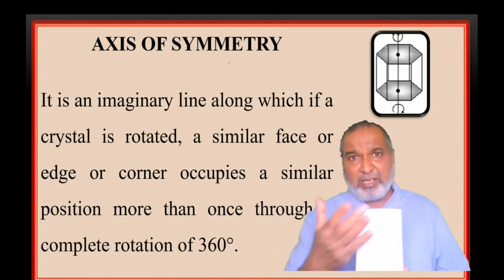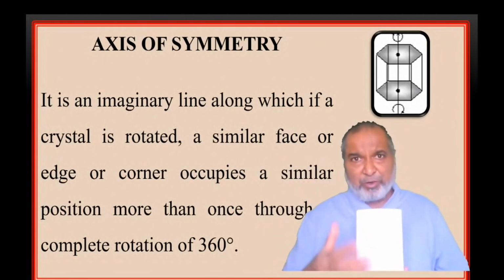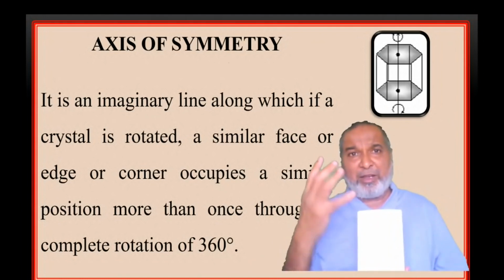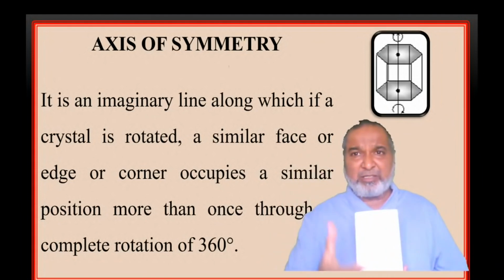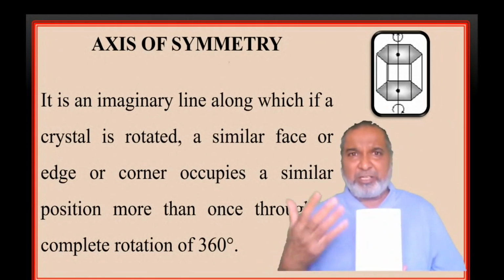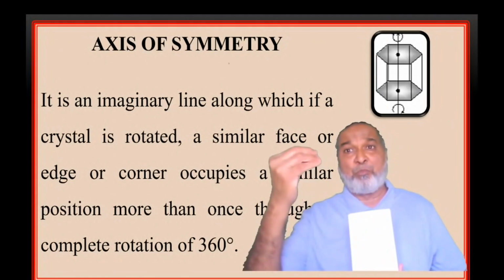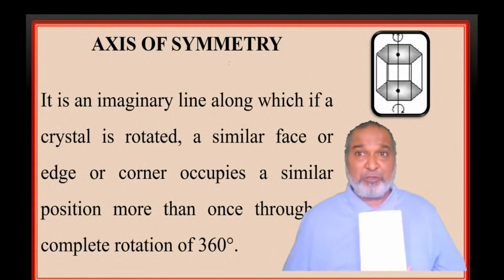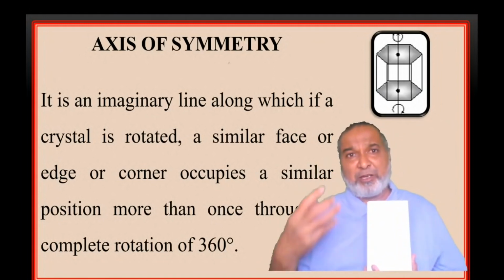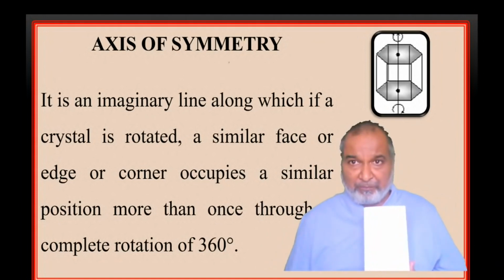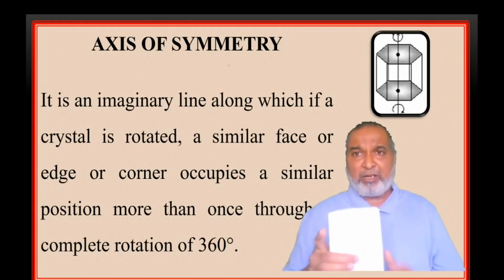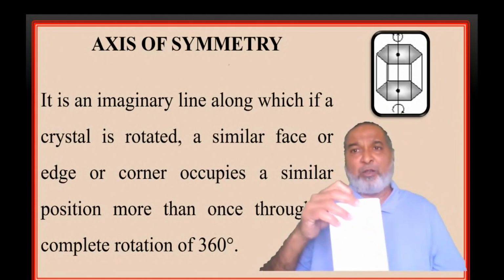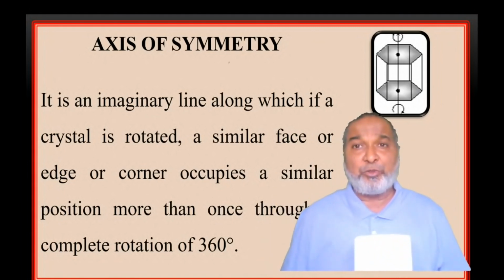If you see any car on a road, immediately, from looking at it once, you will find out this is the model of a Mazda, or a Mercedes, or an Audi. Immediately you will find out not only the company, but the model also can be easily recognized, because you are observing daily, and we have interest in that particular thing. Similarly, if you have interest in this, immediately you will come to know A is the smaller one, B is the intermediate one, and C is the longest. That is the orthorhombic system.